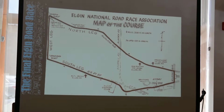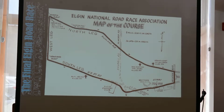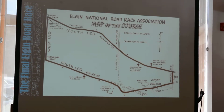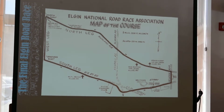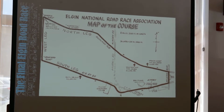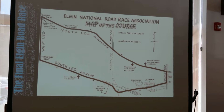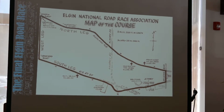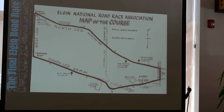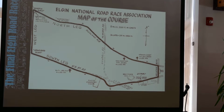That one up on the top was called a hairpin turn because it was less than 90 degrees, but they made a little shortcut in it, you can see, for the race. Going east a little ways by Huber's gravel pit, there was quite a hump in the road. And when they put that blacktop in, they didn't level it off. They just put it right over the hills, and the cars would go over that. All four wheels would be off the ground